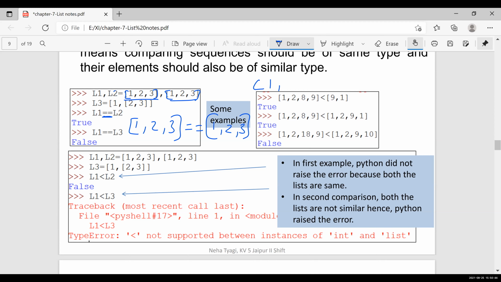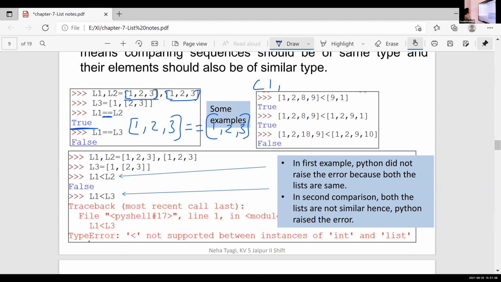These two lists are equal, so the result is True. All the values in L1 and L2 are equal. If it is equal, it will return the result True.